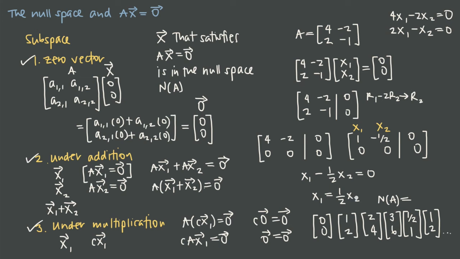What we want to realize is that if the null space includes only the zero vector, if it's the only vector in the null space, there are no other vectors in the null space, then that tells us that the column vectors of matrix A are linearly independent. And the reason for that is because another way to write this matrix equation is to take the first column vector of A, 4, 2, multiplied by this x1 value. So we could rewrite this as x sub 1 times the column vector 4, 2 plus x sub 2 times the second column vector negative 2, negative 1